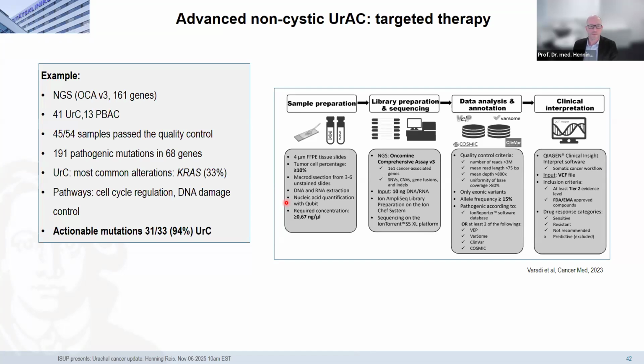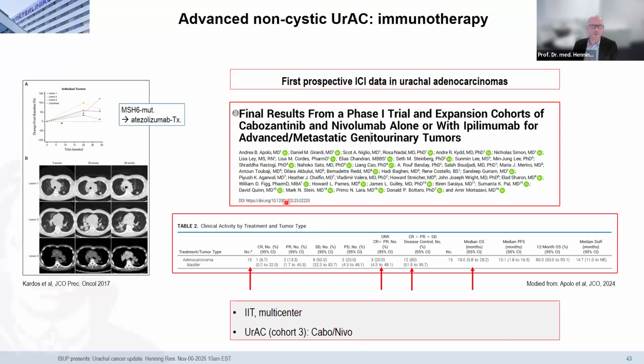We have to be aware of what's going on here, because we know it's just based on a biological rationale, and from our own molecular tumor board results, we see these usually do not get recommended, and also only very few cases really go to targeted therapy. But nevertheless, urachal cancer cases do have some kind of targetable alterations, and this is one thing to keep in mind, not for diagnosis maybe of urachal cancer, but for therapy in advanced cancers if there is nothing else to do.